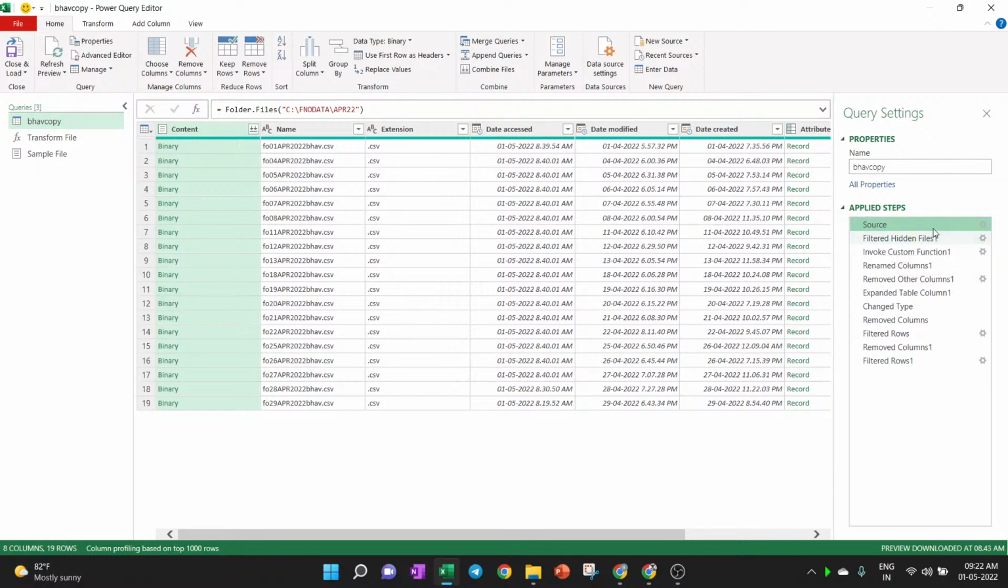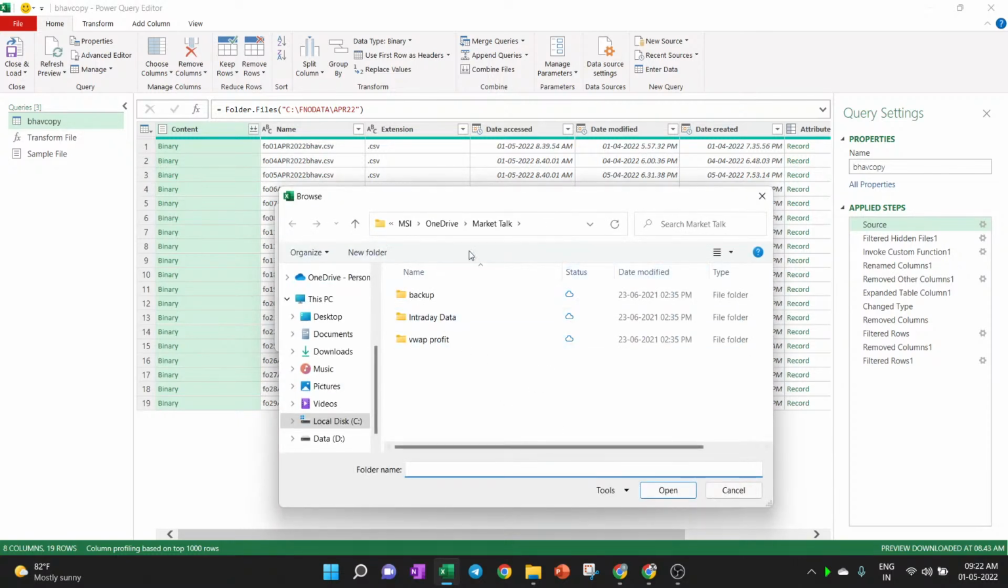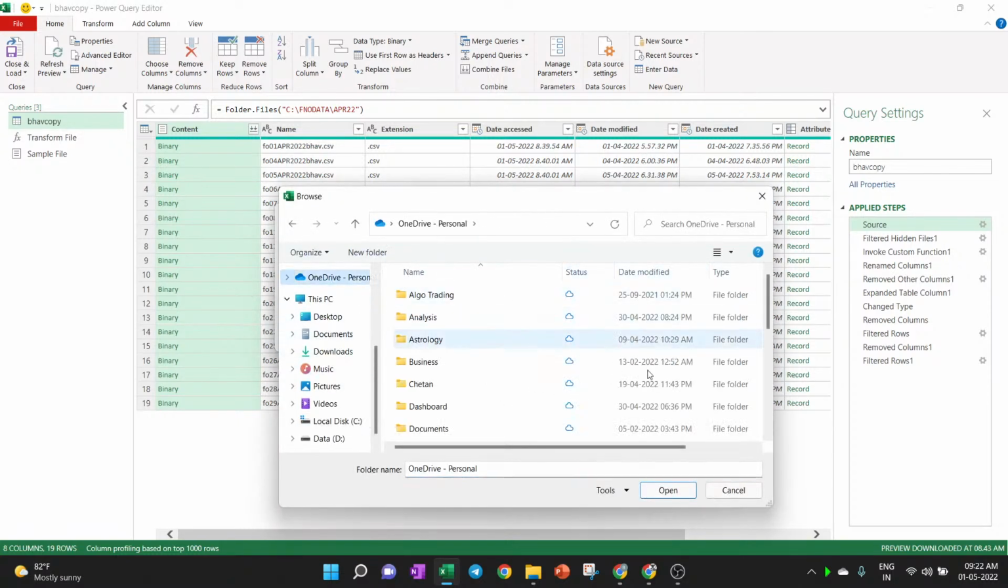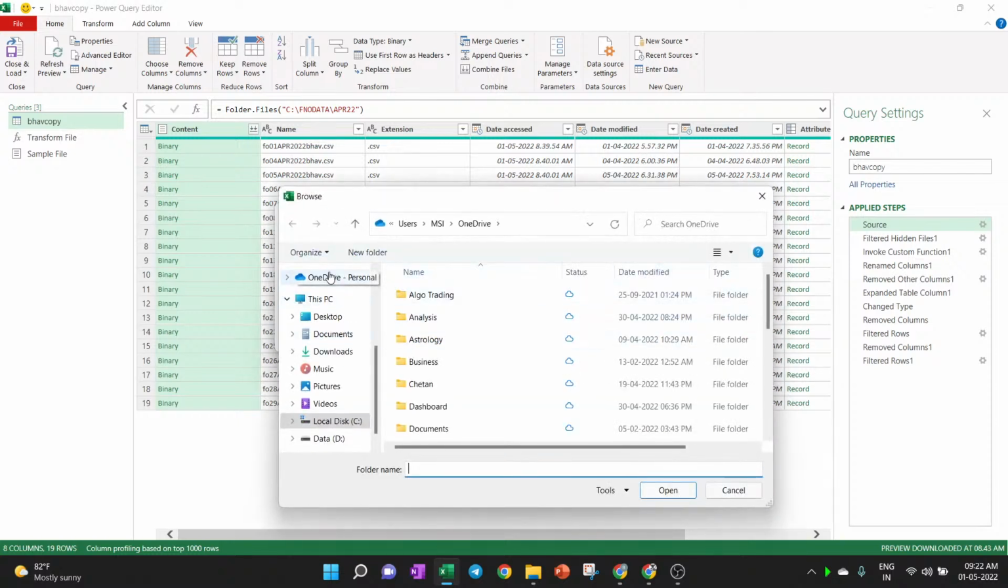See this one, if you just click on Source here, you'll be able to see the location. Put your own location, whatever location was there, just go to Browse and then select whatever location is there in your computer, and then you can select the folder here. Like this, I just selected April 22 as the folder name here, and for example, I select here maybe